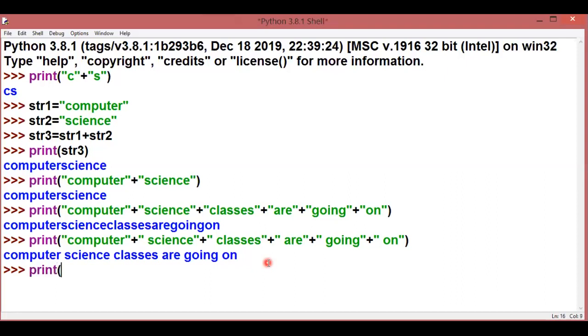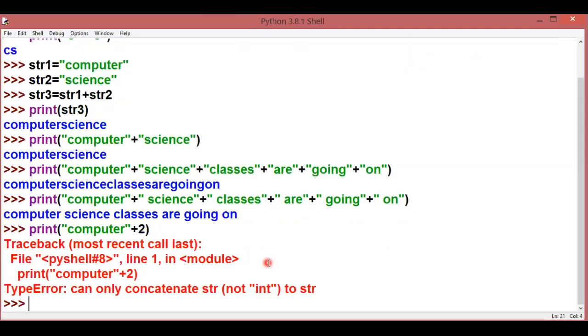If I say print computer and then add 2, it is not at all possible, because my second value should also be of string type, right? So as many values as I am adding with the help of this plus sign, these values should be of string type only. Then only can the concatenation operation be done, otherwise not.